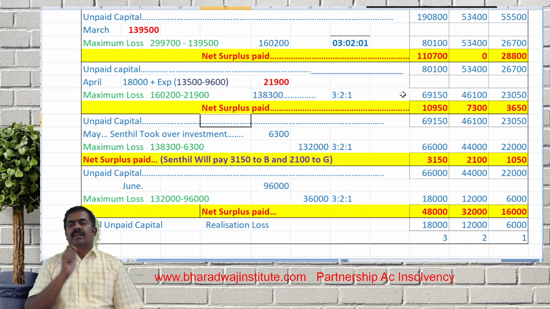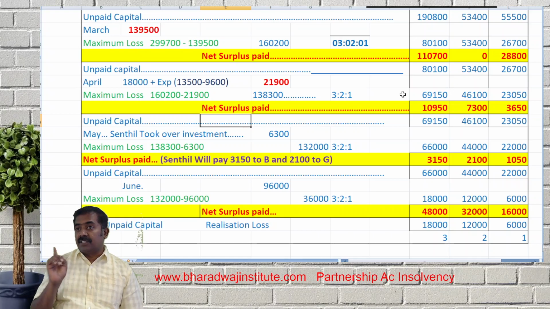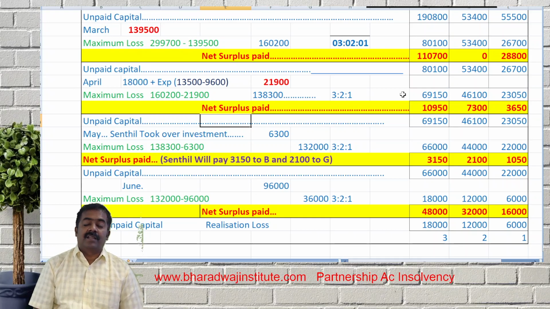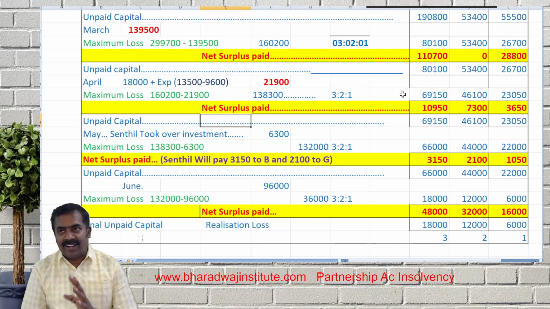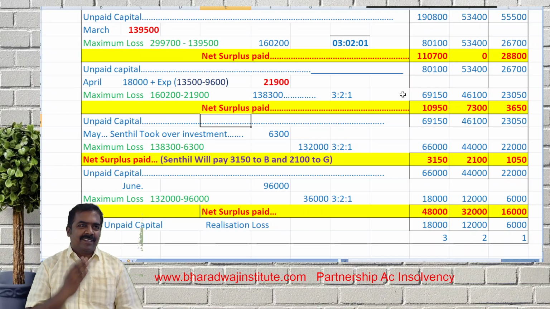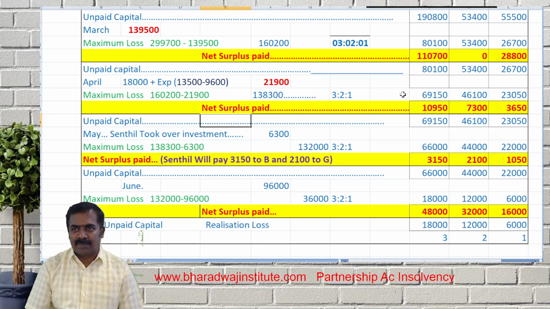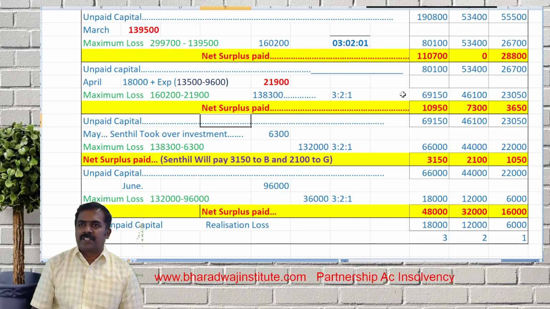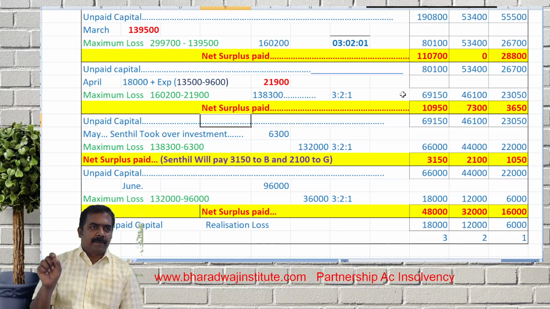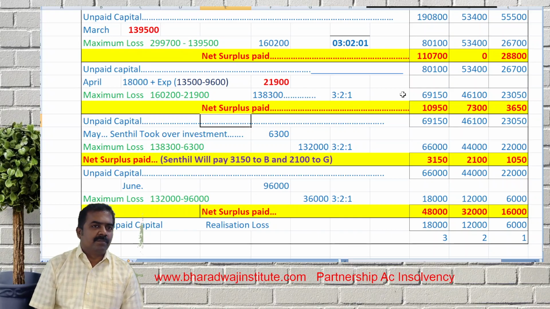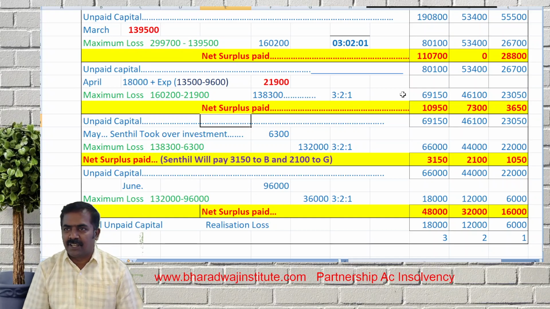In the piecemeal distribution, we saw which method? Another method, proportionate capital method, otherwise called the highest relative capital method. I don't want to add that in this session because it may be forgotten. We need a small gap, so I'll take it in the next, separate class. Highest capital is a simple principle. The profit sharing ratio is clear. Capital is not there in the profit sharing ratio. The partner who paid more capital per share of profit should be